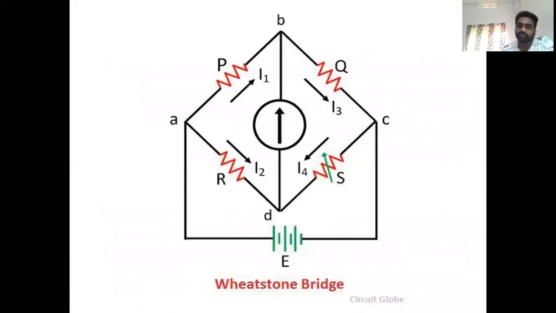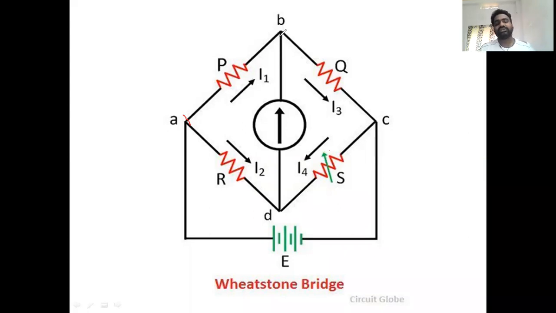This is the Wheatstone bridge which we got. The Wheatstone bridge contains four arms. One second, let me annotate. Let me explain the circuit, listen to me carefully. If you have any doubts with the explanation of the Wheatstone bridge, just let me know in the chat box. It is very important from the competitive exam point of view and for your JNTU university exam.